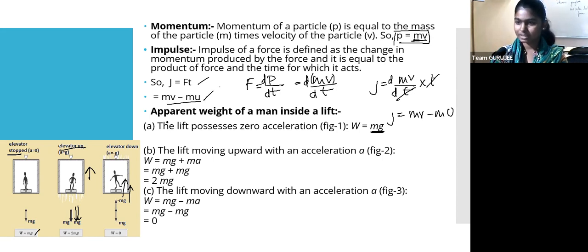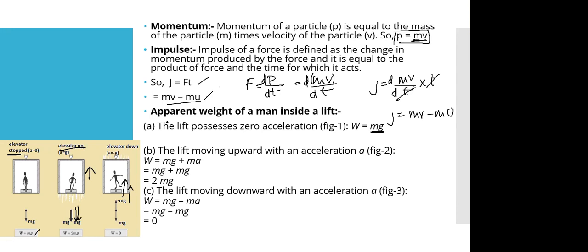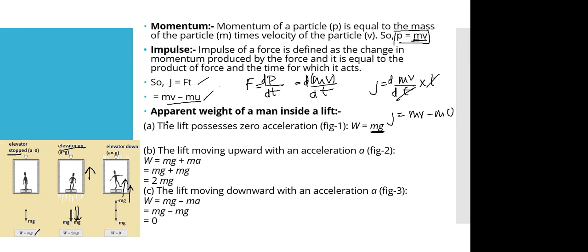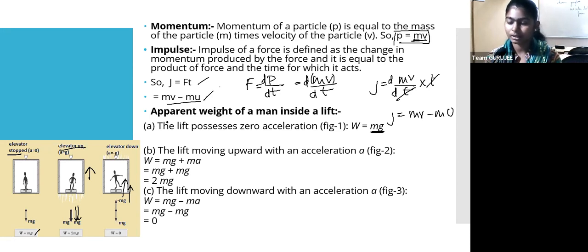That's why that sensation in your stomach and all, your weight being reversed, your weightlessness, suddenly something happens like that, and your body will directly feel that. Double the weight, to some extent you can face, but no weight, you are new to that, right? So that's why that stomach ache and all in a giant wheel also. Roller coasters, yeah. Those places you can experience clearly how this apparent weight acts on you.